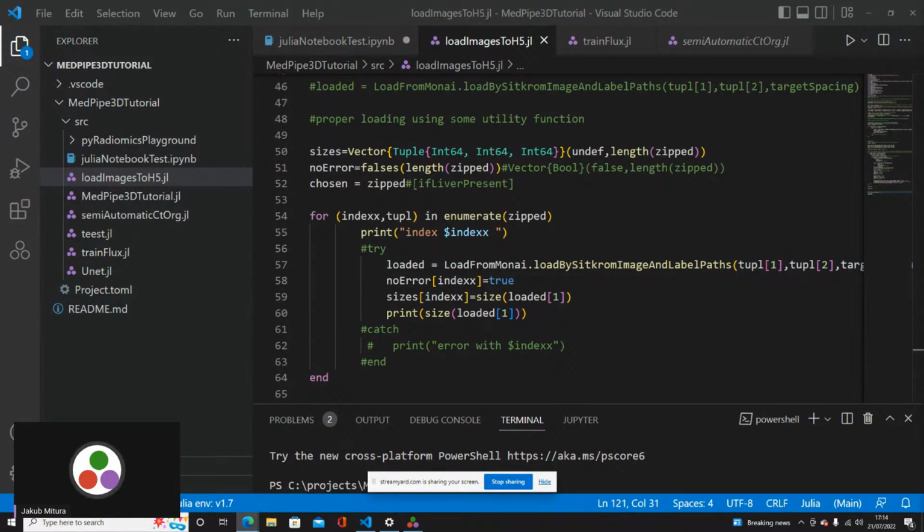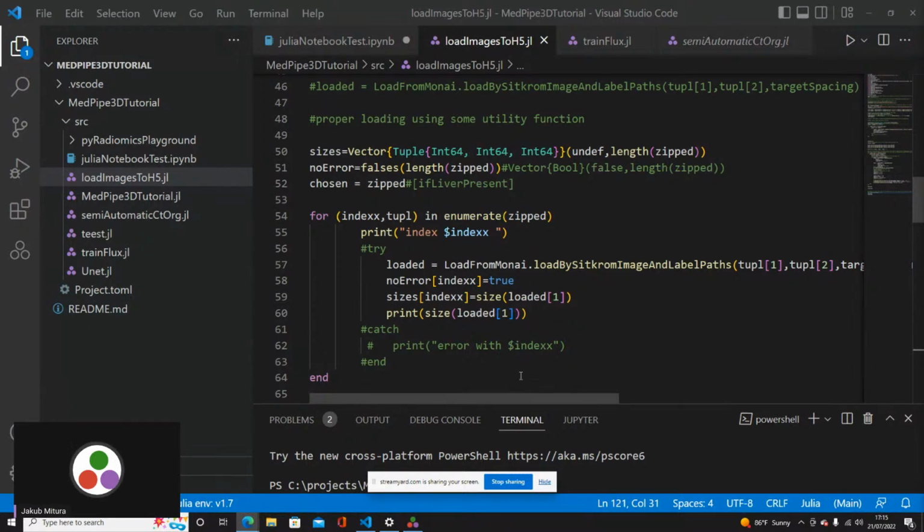In case you have problems with the SimpleITK loading, you can load it like this. You can also load by MONAI. It looks basically the same. You supply the first and second argument: first is the path to the image, second is the path to the label.